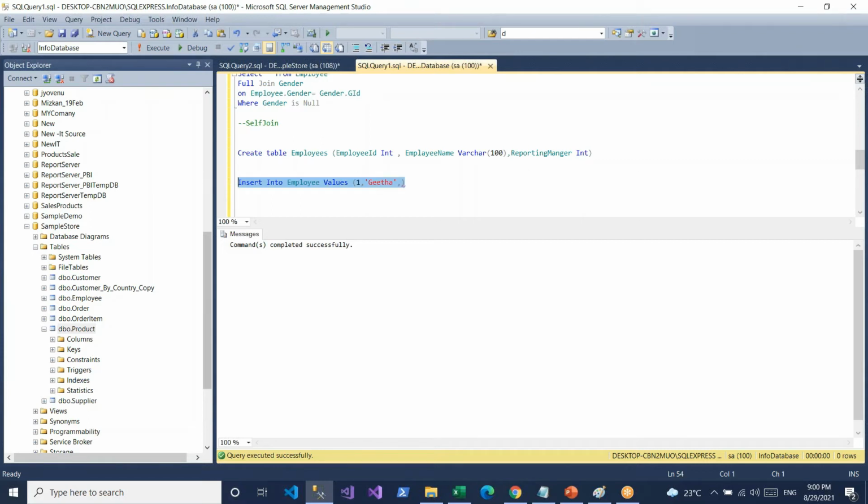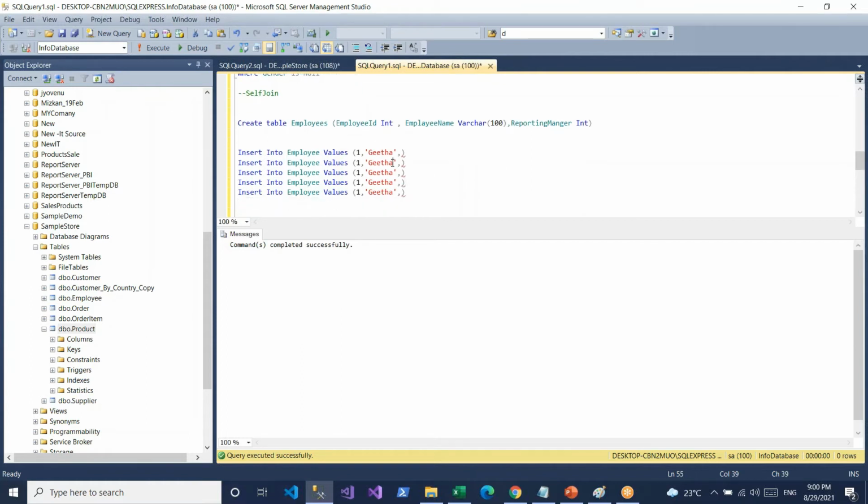I'm adding 5 employees. So I'm having different employees. I'm giving IDs 2, 3, 4, 5.